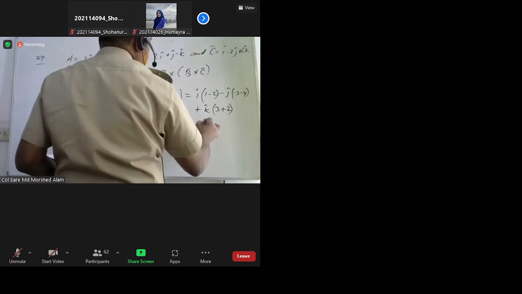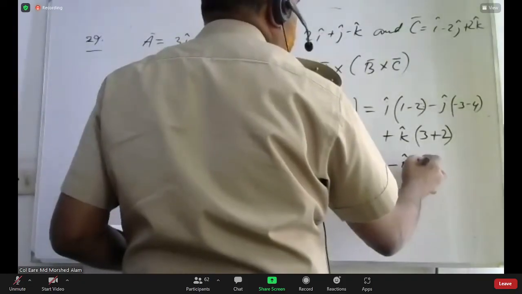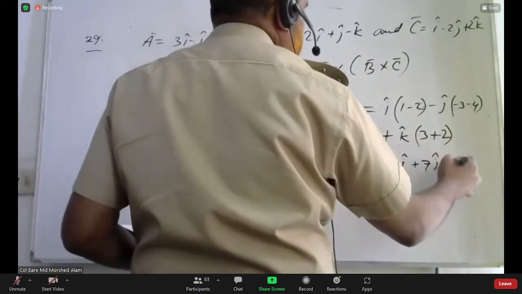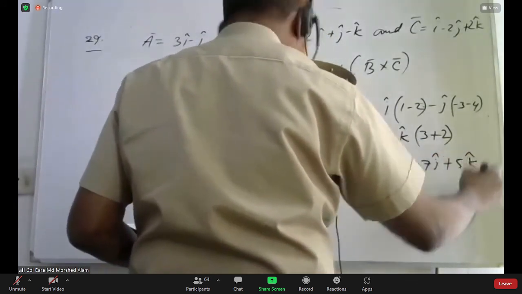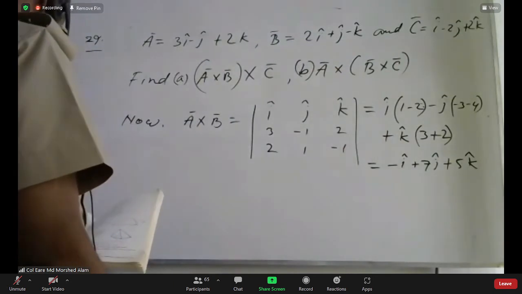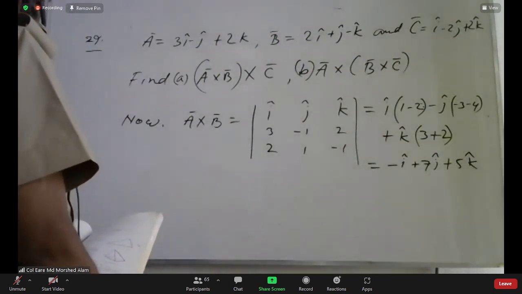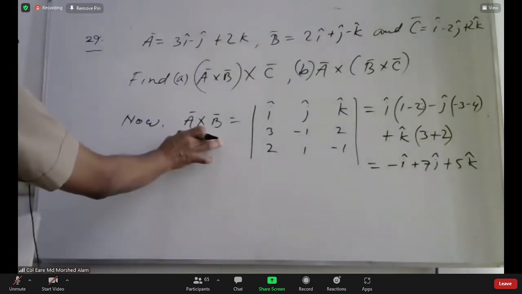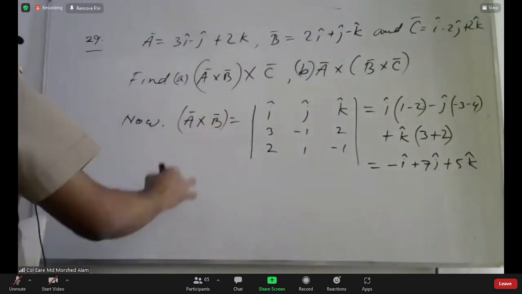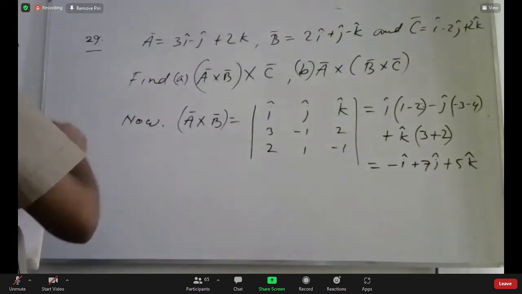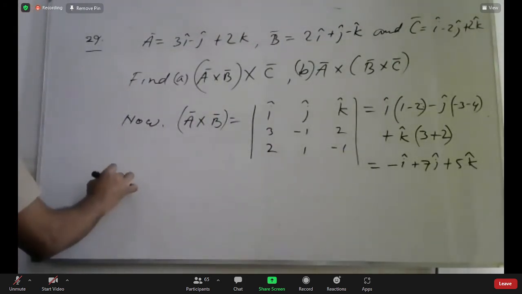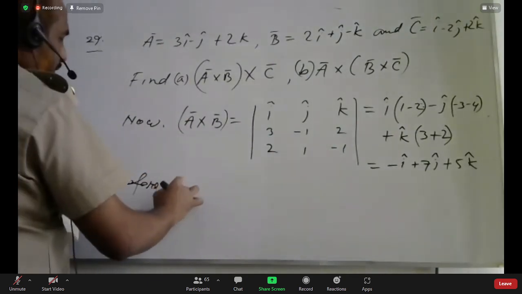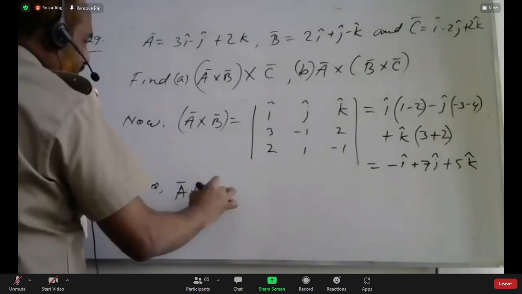And this is minus i plus 7j, and this is plus 5k. Are you getting? Minus i plus 7j plus 5k. Yes, sir. So we have got, this is A cross B. Now what will be the A cross B cross C? Therefore, A cross B